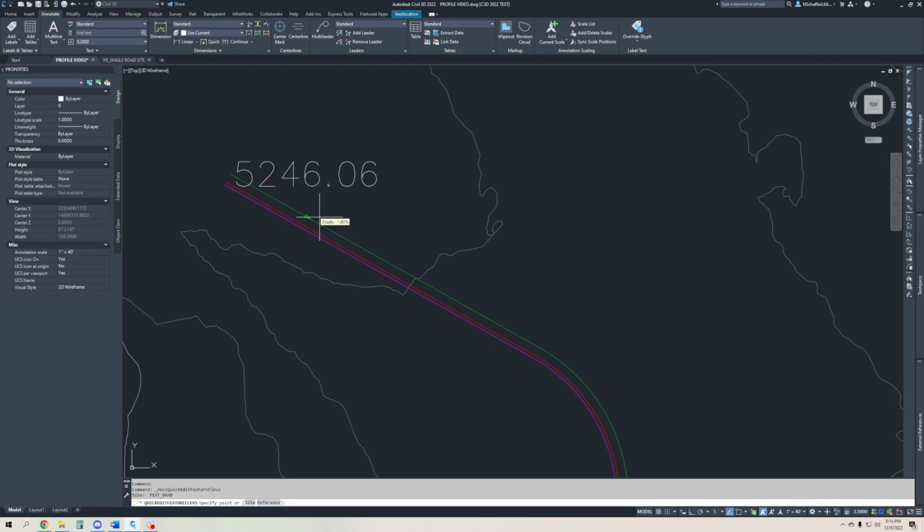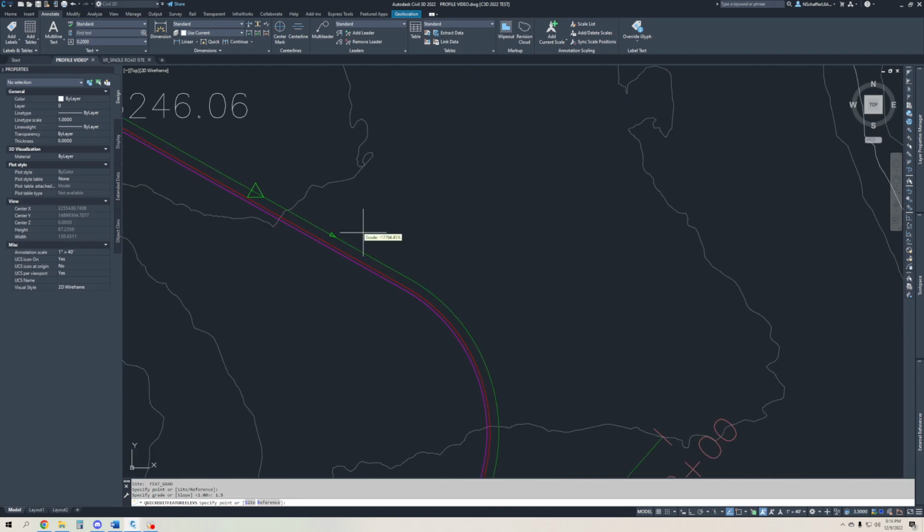So I have my grade here. So I'm going to change this back to 1.5. So I'm back at my original slope, which is 5246.06. So I go to here. I know my slope here. So now what I can do is just click in that when I see that elongated triangle, and I'll do